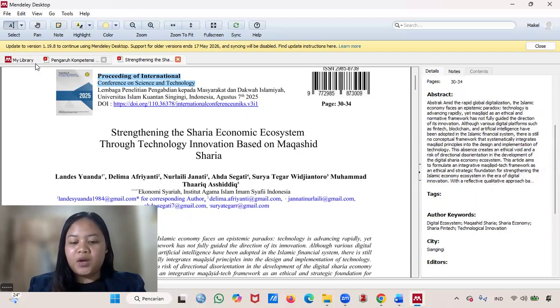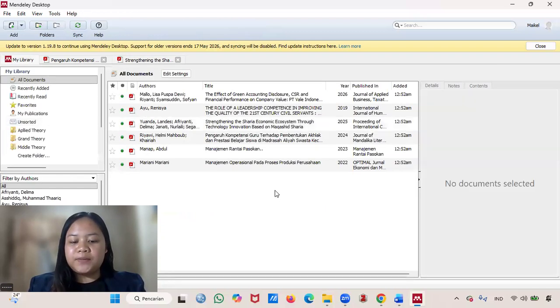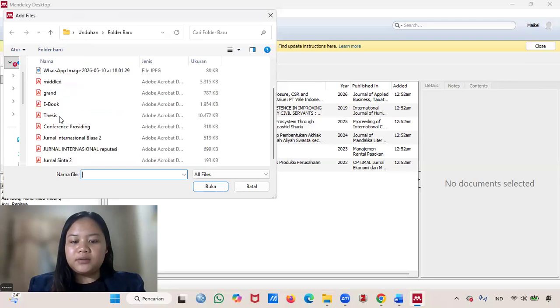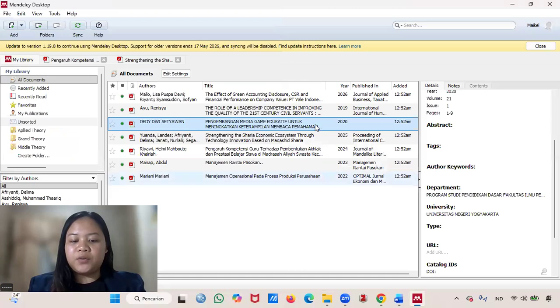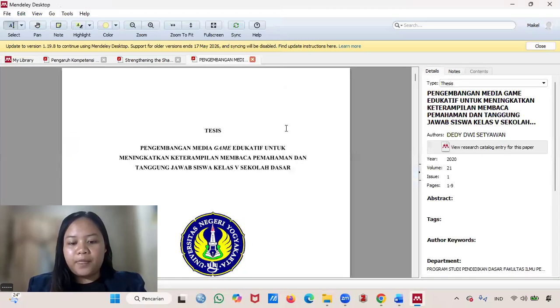Next, we are going to add the dissertation as a reference. The process remains the same. Click Add New, select the file, and click Open. Let's wait for the import to finish. Now, let's check the panel on the right. Please make sure the selected type is Thesis.